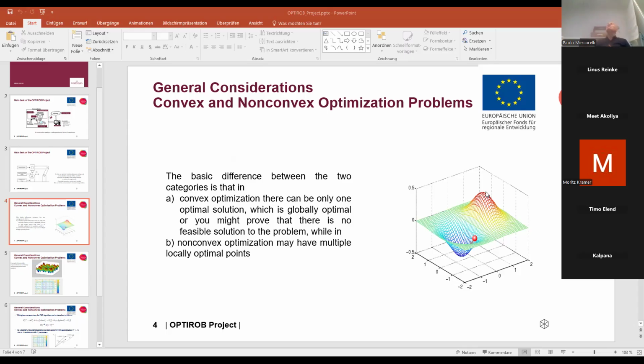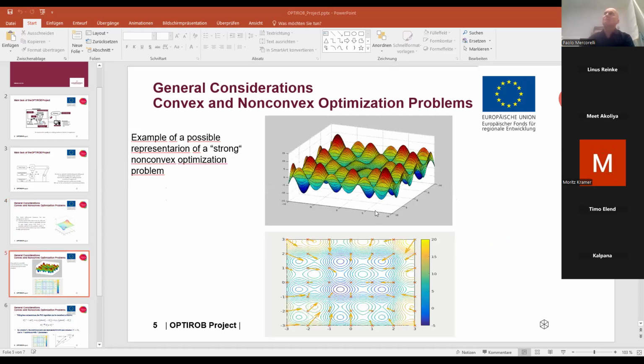But anyway, the concept of convexity can be seen in this picture I already told you about, I think. This kind of problem, if this is the function to be optimized, is not convex, because we can see many hills, many valleys. This means this is the best of the best. Of course, for me it could also be okay to be in a local minimum, but in any case,